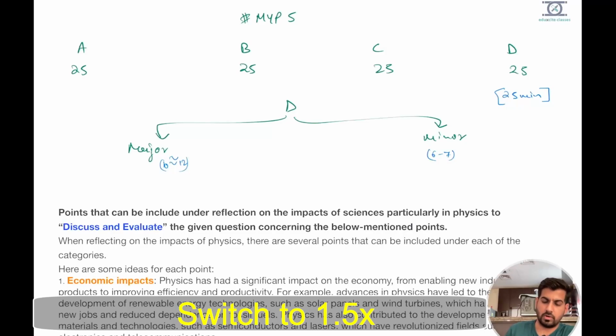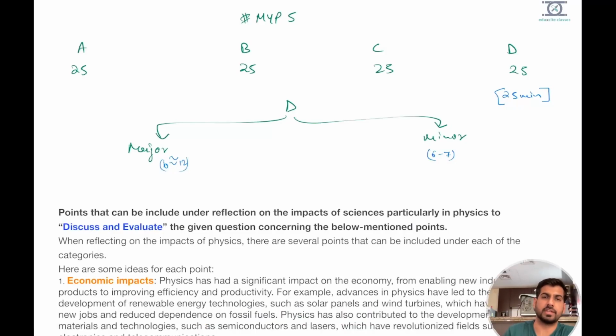So if you look overall in MYP 5, there are 4 criteria: A, B, C and D. They are almost equivalent in weightage. Today we will discuss specifically criterion D, which is around 25 marks, and I would suggest that